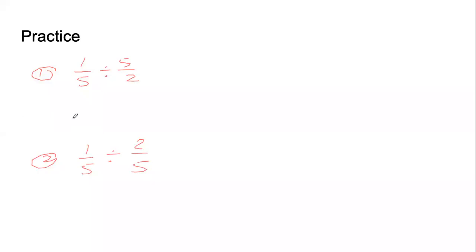Now for the first question, always we will keep the dividend as it is and we will take the reciprocal. So dividend remains as 1/5. Divisor हम लेंगे 2/5 कर देंगे उसका उल्टा reciprocal, and this becomes multiplication. So now 1 into 2, 5 into 5, which is 2/25. Congratulations if you got it right. Thank you for trying if you did not get it right.